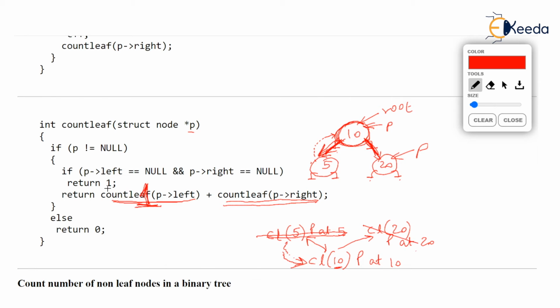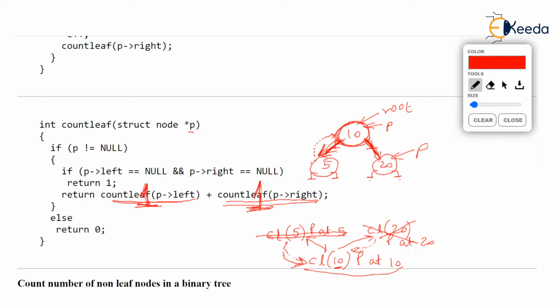And it literally returns 1 back to the calling function. The calling function was count leaf 10. And you notice 1 will be returned exactly at the call inside this function. It will return 1 here. Now count leaf 10 resumes. I am marking it. You just check count leaf 10 resumes now.